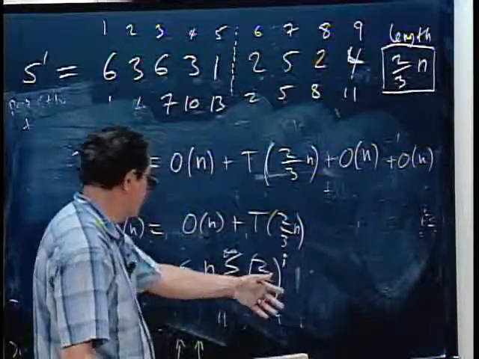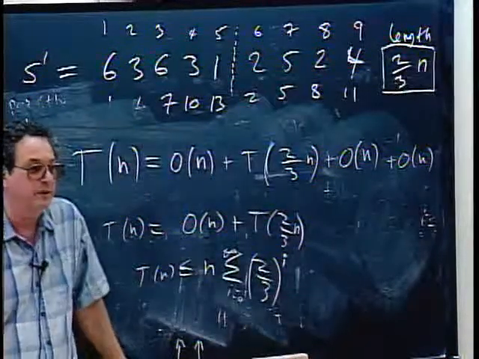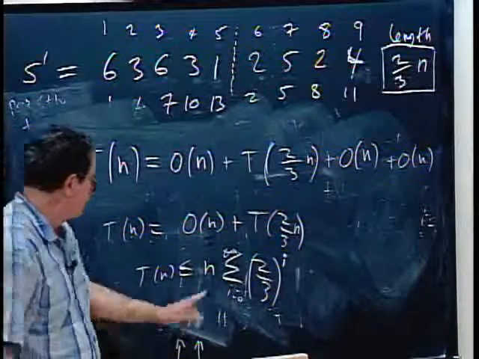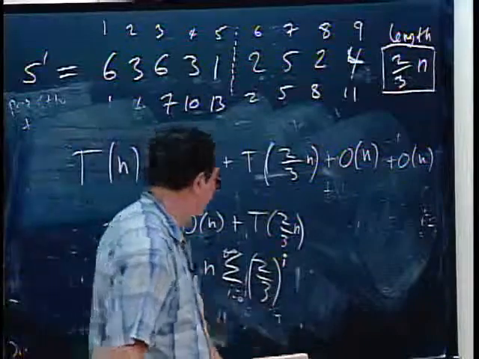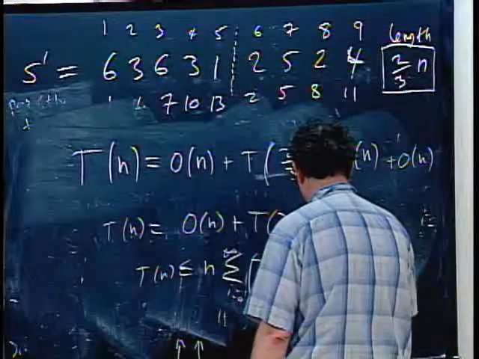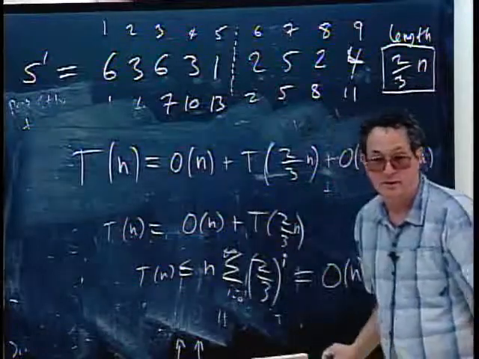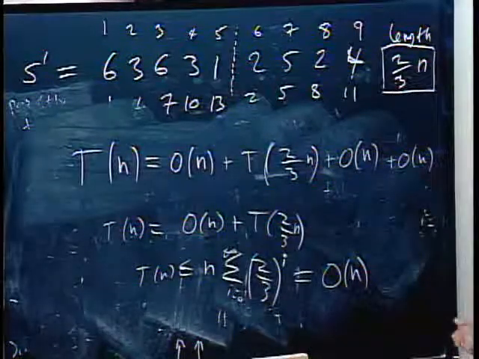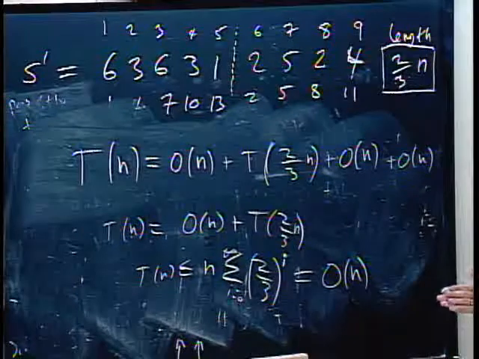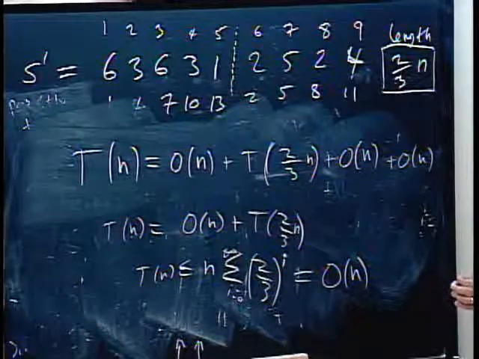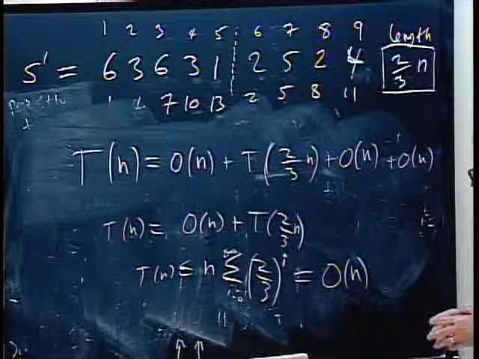And this is just a geometric series, 1 over 1 minus 2/3. I think this sums to 3. And so we'll just call this order n. Okay? So this is the whole business, the algorithm plus the analysis that builds a suffix array in linear time,